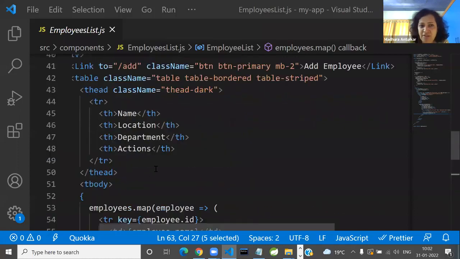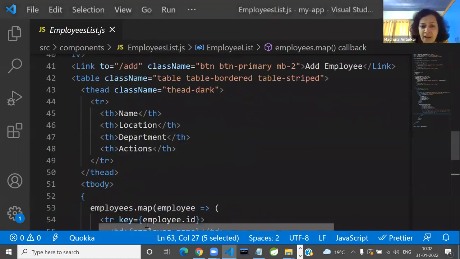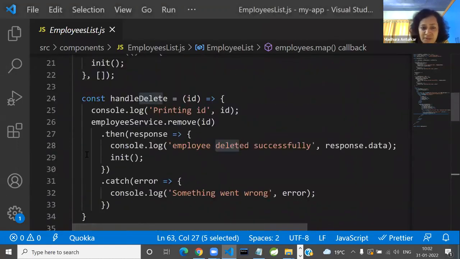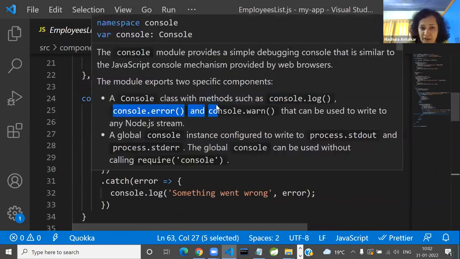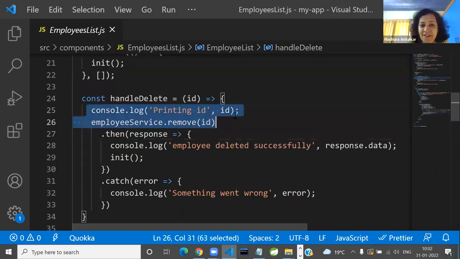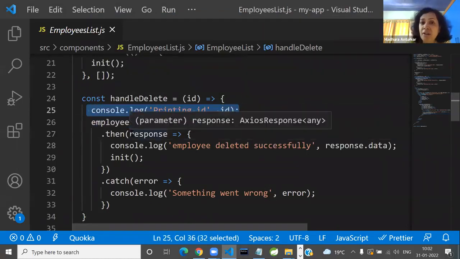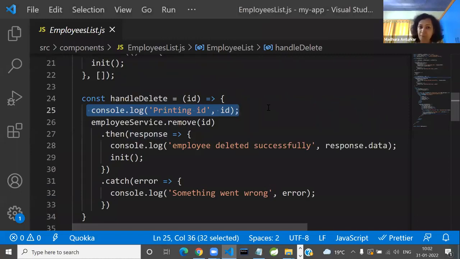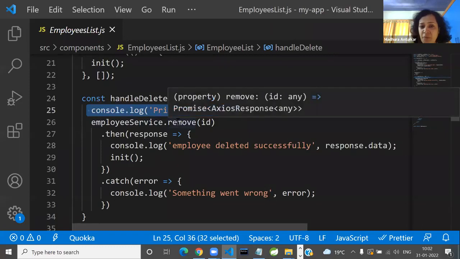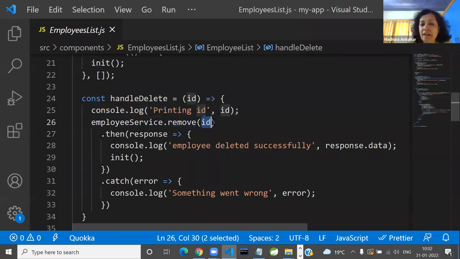How does the control reach here? This is your simple React code. Here you will see a function handleDelete. Like how we have SOPs, we are console logging it just to check whether things are fine. And then, who is calling whose method? Your React component is calling the service layer method, employeeService.remove, and all I'm passing is the ID,